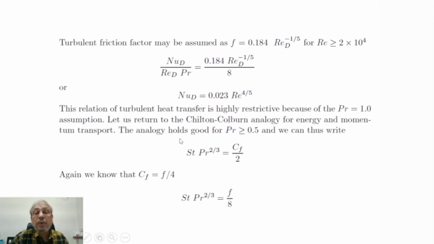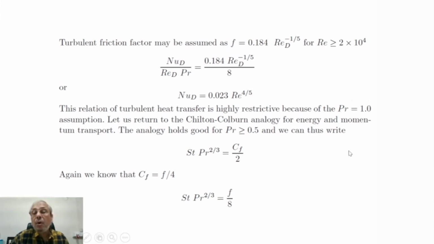The analogy holds good for Prandtl number greater than or equal to 0.5. That means for most of the fluids, water Prandtl number is between, depending on temperature of course, 0.6 and 0.7. Air Prandtl number is